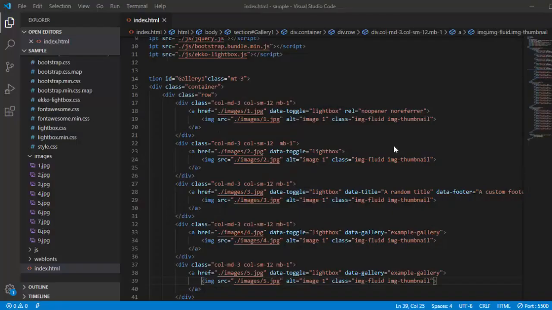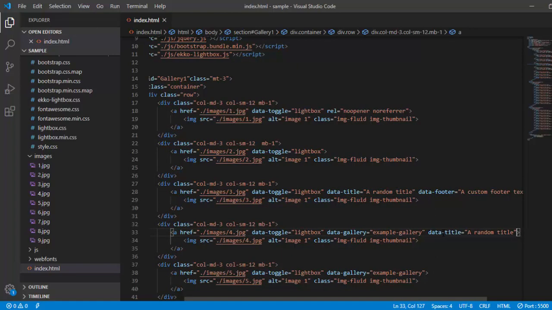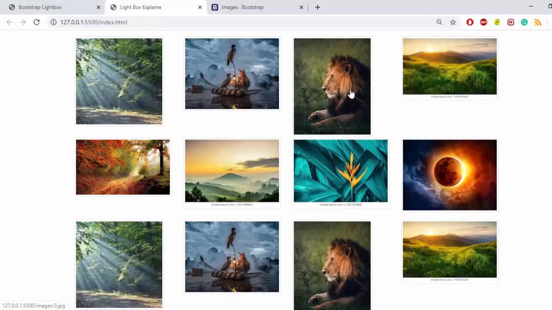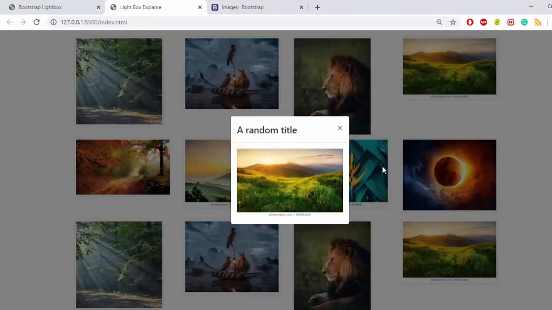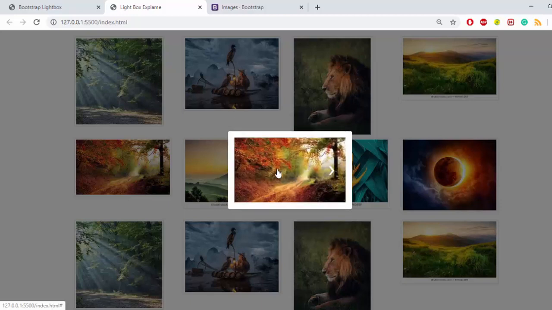Now many people may think that we can't add this data title or kind of thing. No, we can add data title, and we can add it here as well. See, if you click on this, you will get a title and also a bar in a navigation bar, but in this we have not added the title, so we will not get it.